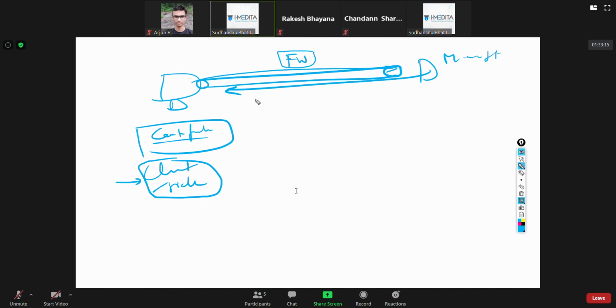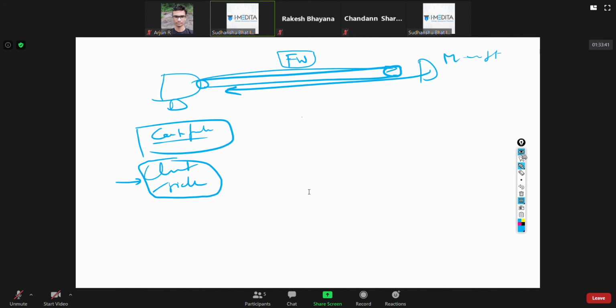So SSL decryption exclusion is for things like this. Okay, you get the point? It's not for our earlier case where we discussed that we don't want healthcare websites and financial websites to be decrypted. It's not for allowing people or not allowing people to decrypt something.